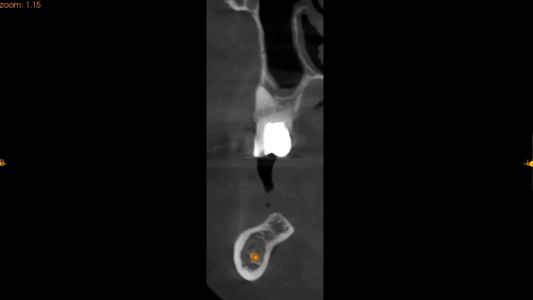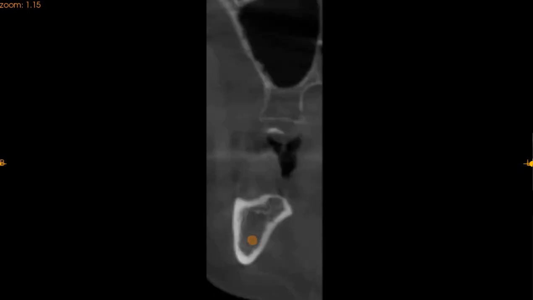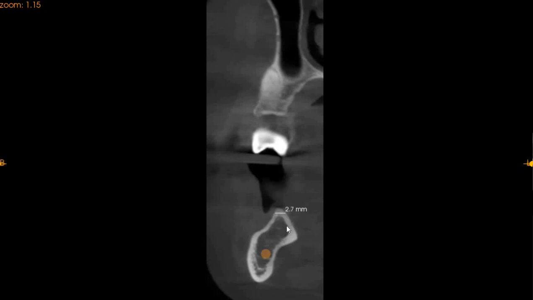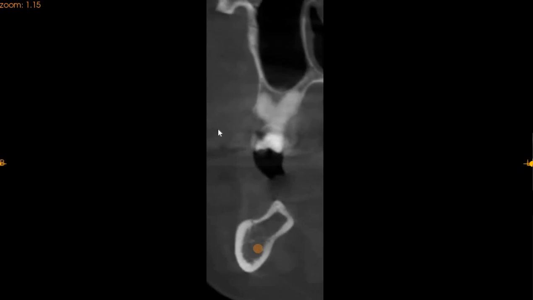Now moving to the lower left region, we've got approximately 2.9 millimeters at the crest, but if we go slightly deeper, we've got approximately 5 millimeters of ridge width with approximately 8 millimeters of height. And moving to the second molar region, here again we've got very thin bone, but here